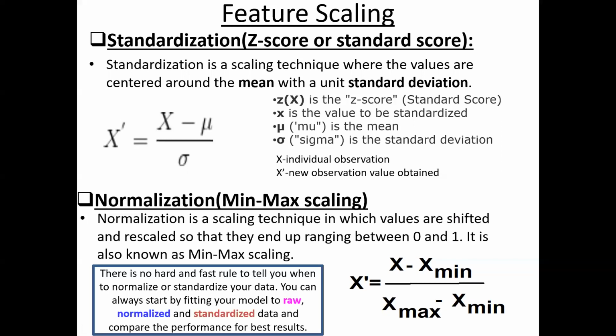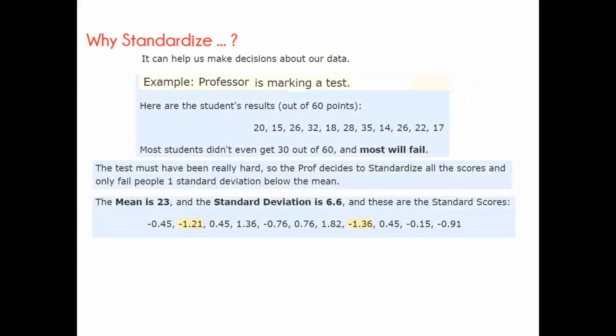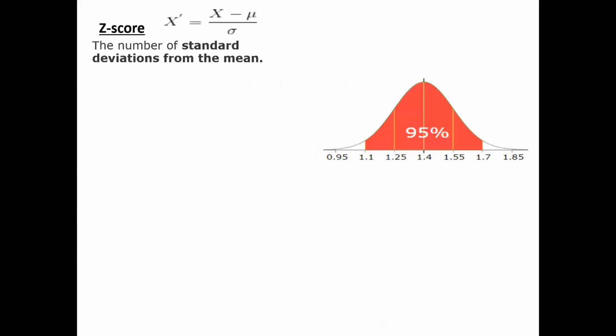There is no hard rule which one is best, whether standardization or normalization. I also told you this is not compulsory for all algorithms. If it is necessary for the algorithm, first we will check the actual result without any feature scaling. Then we will check standardization and its output, normalization and its output. And why we need to standardize? There are a number of examples I have given, but now I am not explaining. In the algorithm I will explain.